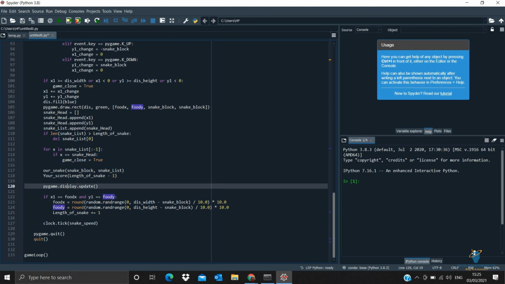So this will get updated live. With the help of pygame.display.update, we are just updating that. And inside this, again we are going with food to increase the length of your snake, that is the food of x in round in random.randrange in some range. And then the same for food in terms of the y-axis, and the length of the snake which we have assigned before.